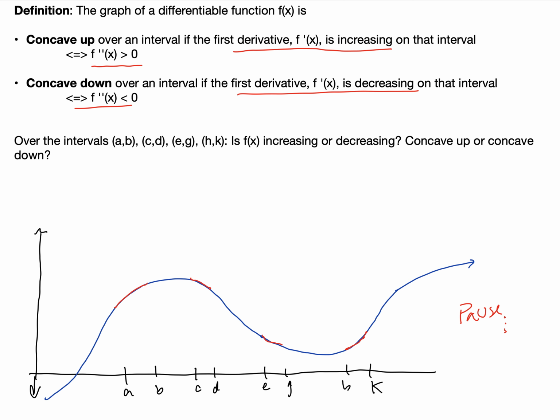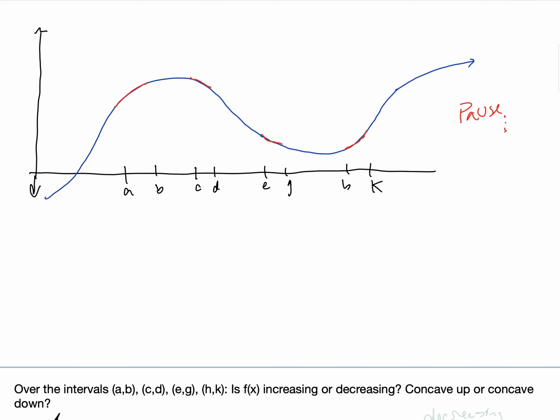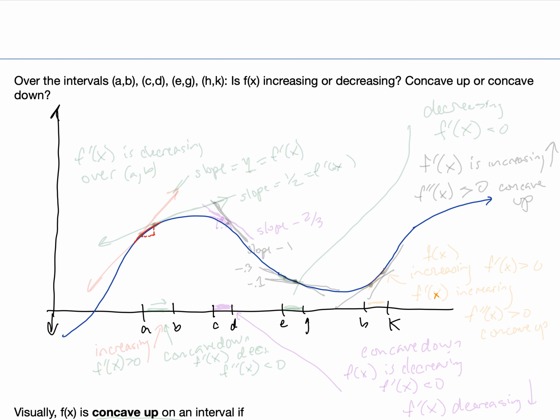Okay, so over the interval from a to b, here's the function from a to b, we see that the function is increasing, because if we pick any 2 points, we see that the function is increasing as we move to the right in x. We're going up in y. So over this interval from a to b, the function is increasing. Now, is it concave up or concave down? So we're thinking about